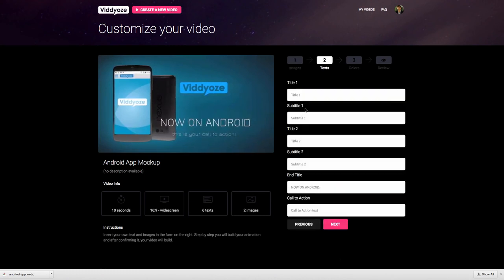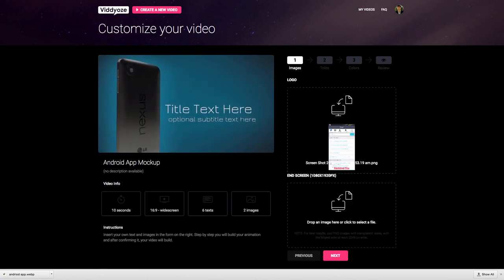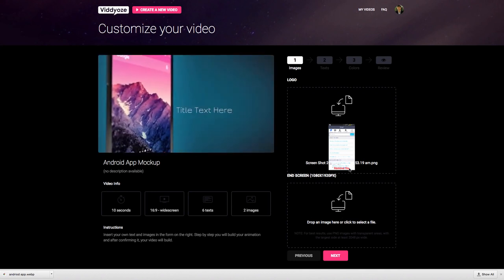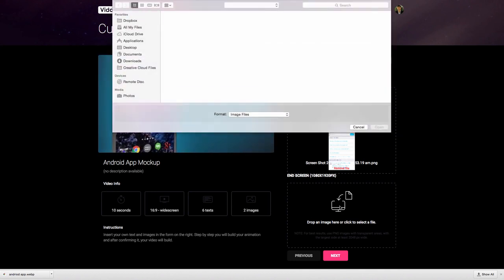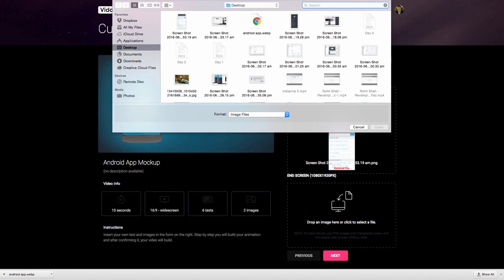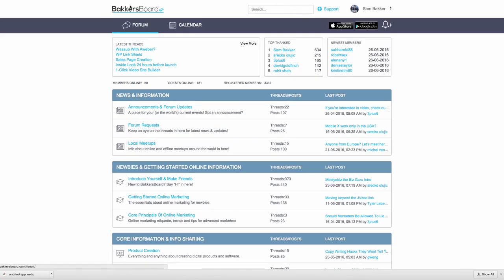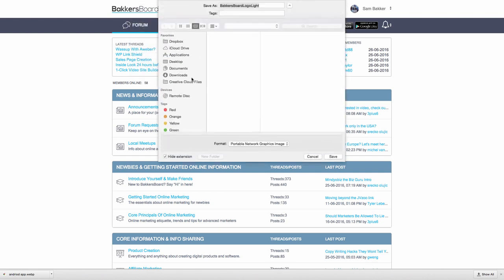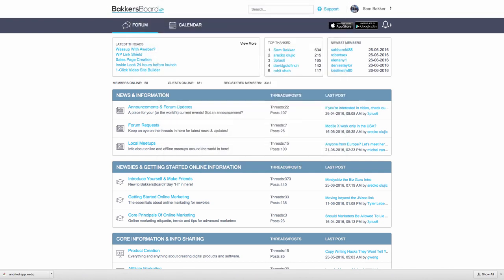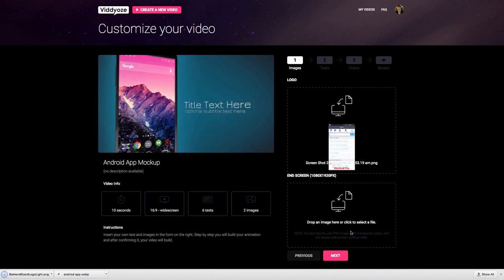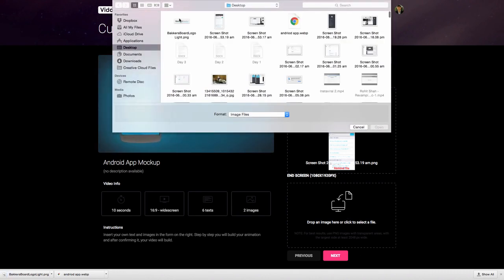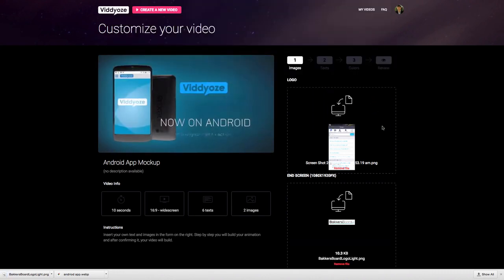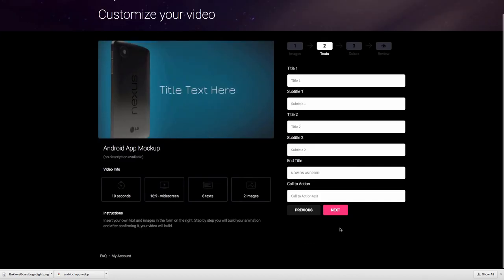Now let's click next, and what we're going to do, actually I'll go preview. I believe actually, in fact, this is the end screen here, and this is the logo. So let me see if that's the case. We're going to grab a logo from Backers Board. Save image as, we'll just grab our regular logo here, and we'll take this across to videos, we'll add this in here, and we've now added in our logo. So we've got that here, we open it up, we add it in there, we click next,